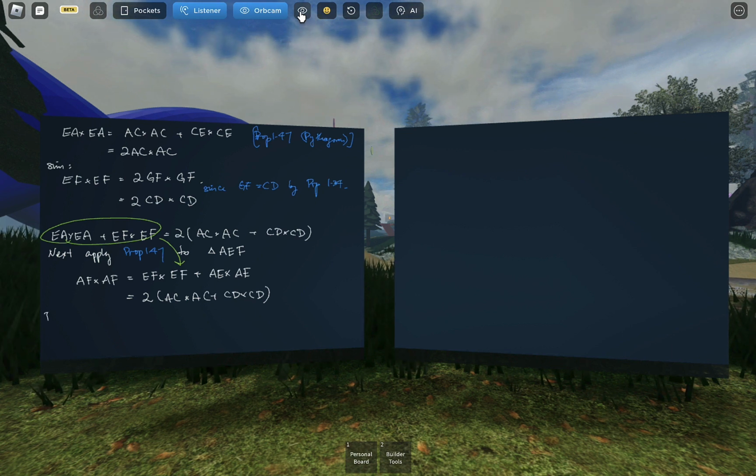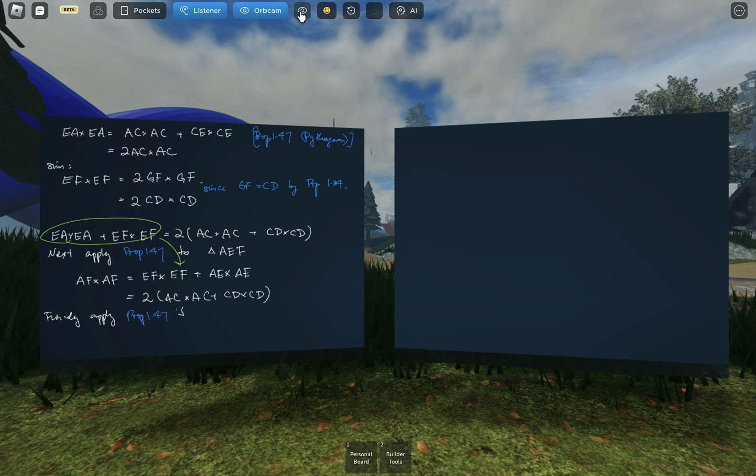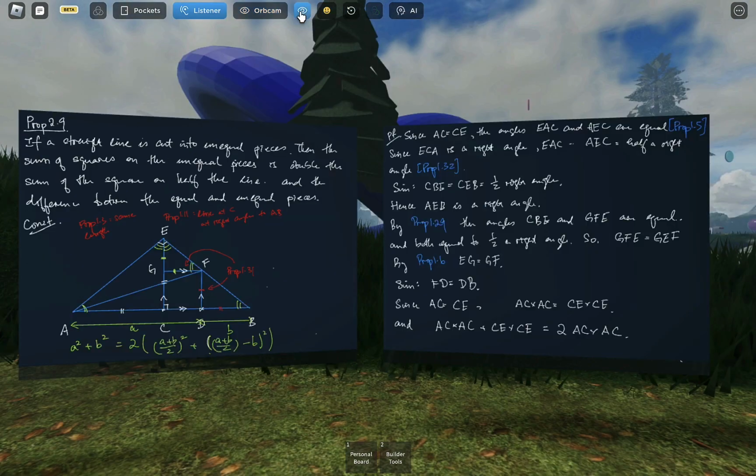We're going to finally apply proposition 1.47 to ADF, and get another algebraic relation, and that's going to be AD cross AD plus